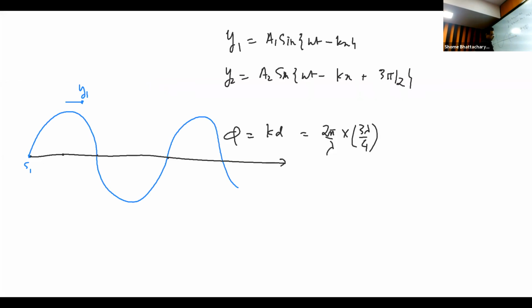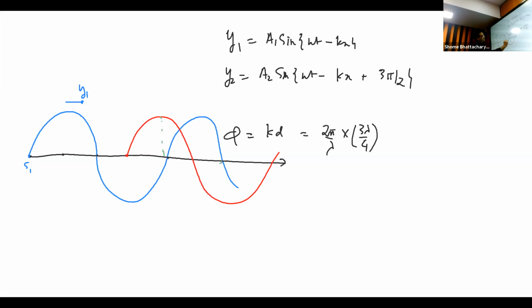So my second source being located here, the wave it created would be like this, of this type. Okay. So you can see that